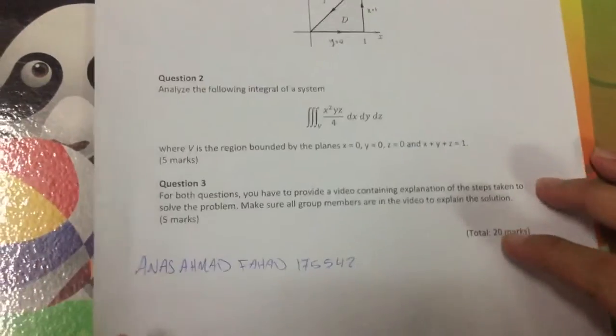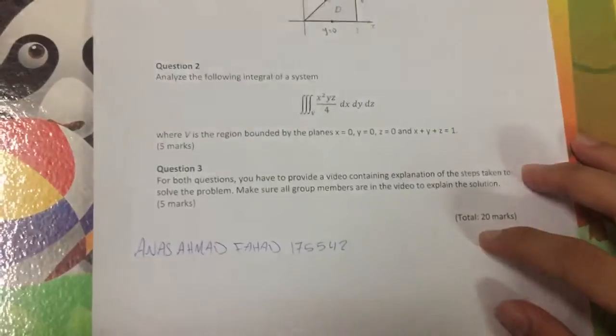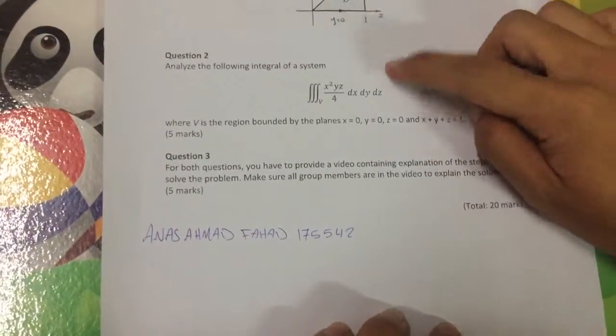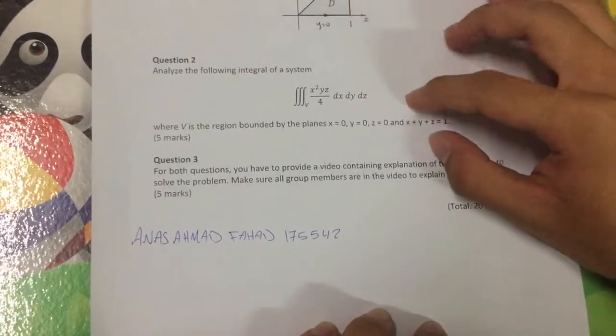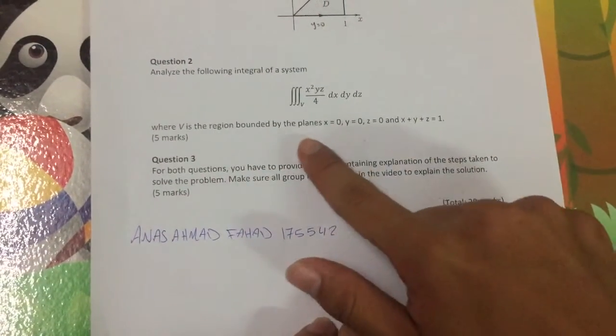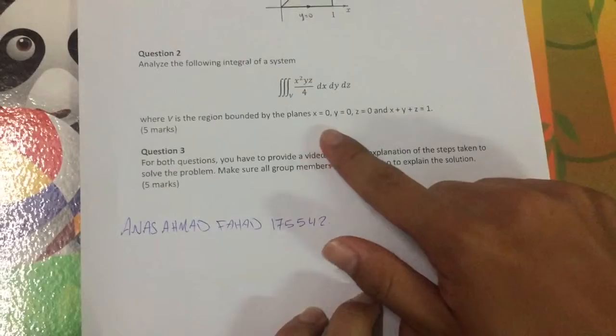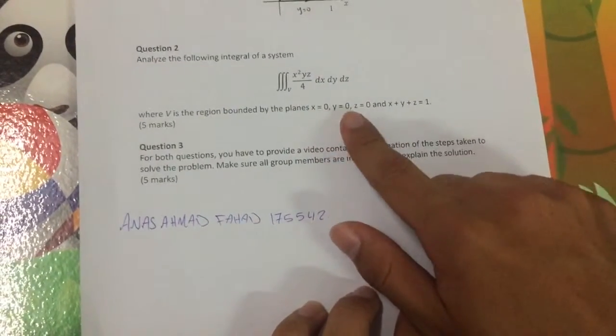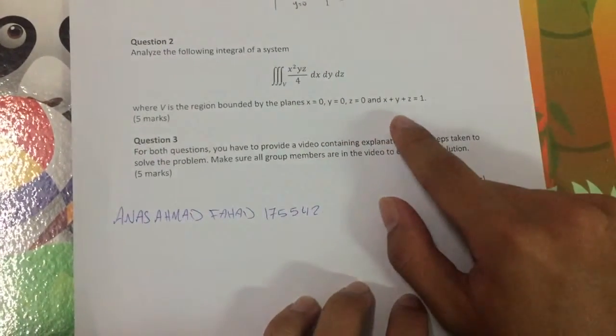Okay, so basically, question number 2 asks us to analyze the following integral of a system. The condition given is the region bounded by the planes x equals 0, y equals 0, z equals 0, and x plus y plus z equals 1. So the solution would be, okay,